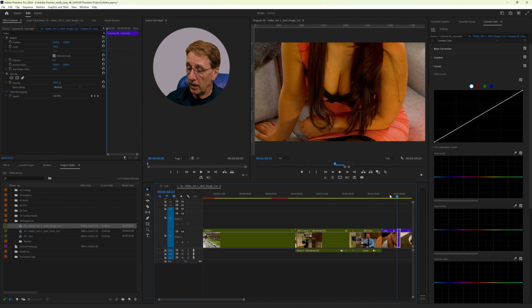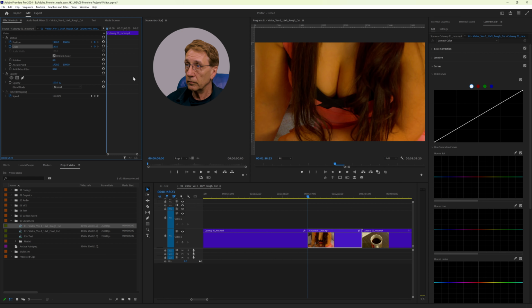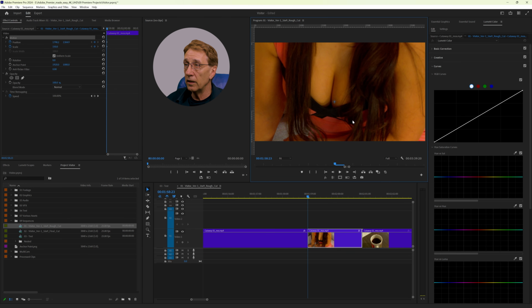And now we have the second part of this clip, and we do the same thing. We want to zoom in here at the beginning, so setting position and scale, 150, and then going to the end, readjusting the position a little bit, so we see her cleavage.